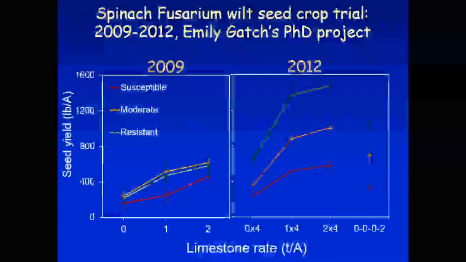So getting a long-term shift in pH, not just a one-time shift, but a long-term shift, starts to affect the microflora in the soil, started to make the soil overall less conducive to Fusarium wilt. And we believe this is a very effective way to help double the spinach seed production in the U.S. by getting this disease to not take such a toll on spinach seed production. But that's the resistant one? Yeah, even a resistant female.